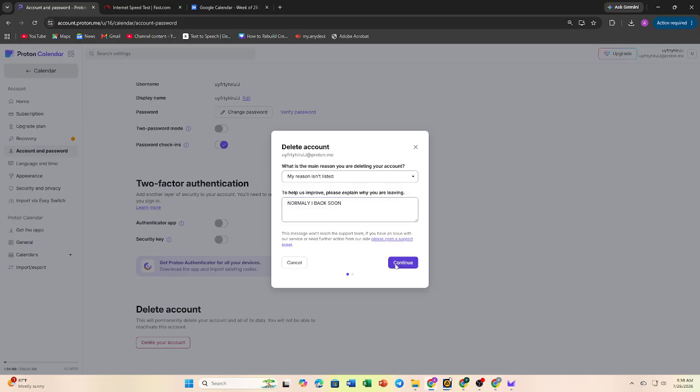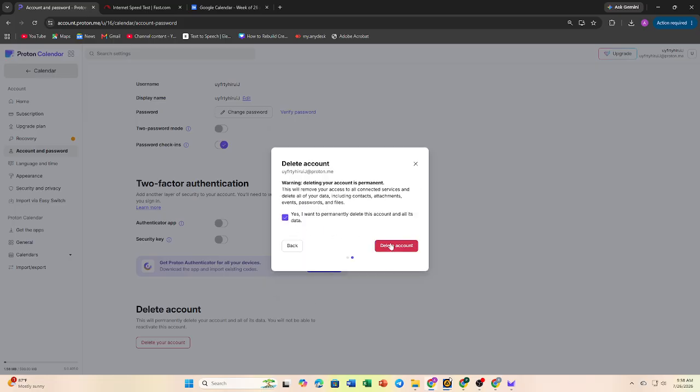Finally, if your goal is only to stop using Proton Calendar, consider simply signing out or removing the app from your device instead of deleting your entire Proton account. And that's it. You now know how to delete a Proton Calendar account by closing your Proton account and understand